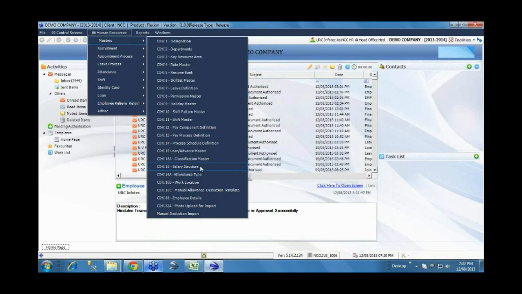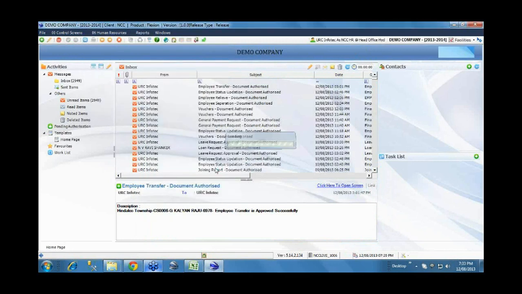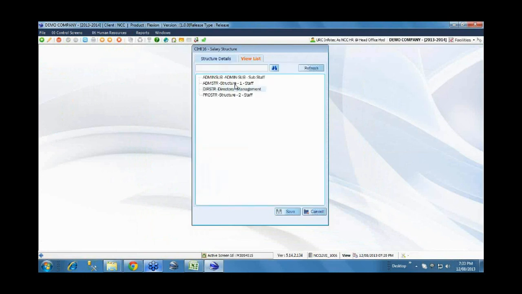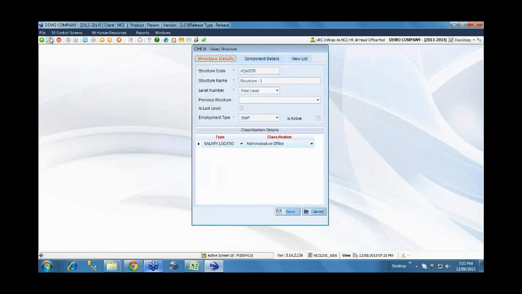Okay. So the next step is to define the various salary structures. You have defined all the components, and not all the components will be relevant for all grades. So you can have individual salary structures with certain allowances and deductions applicable for different grades, defined as an individual structure. You can see here the one for the directors, another for the admin staff, another for the supervisors, and so on. You can define the salary structure, and you can say for which type of employee this is applicable,